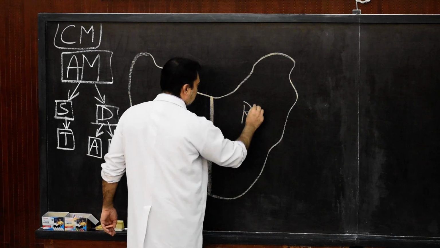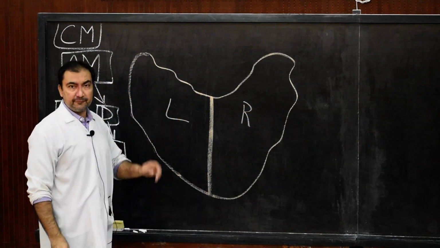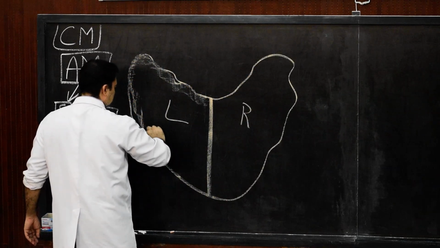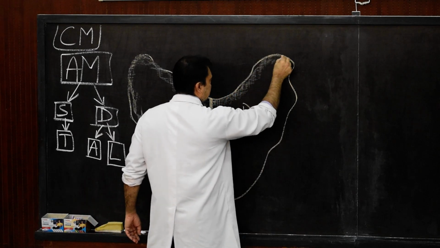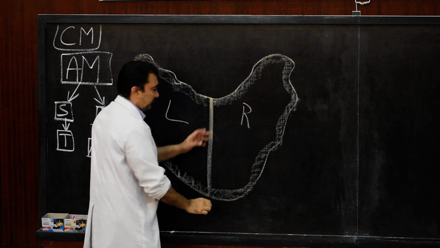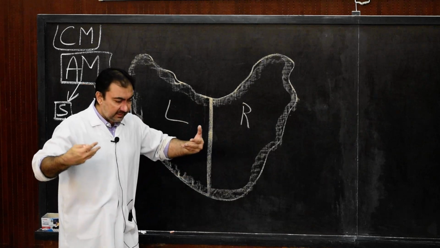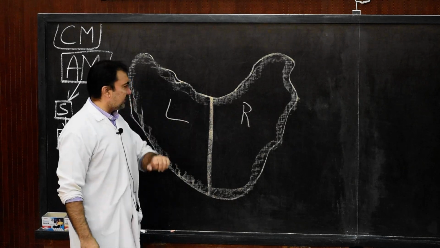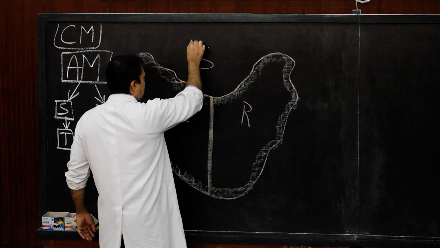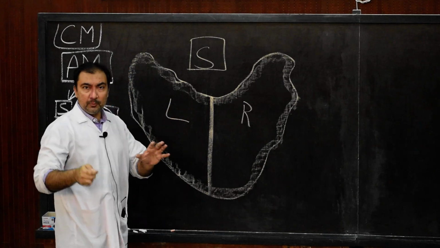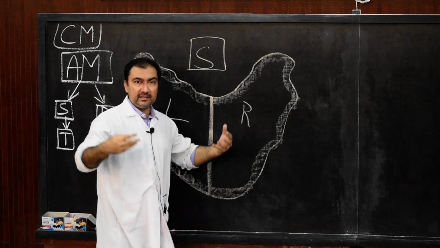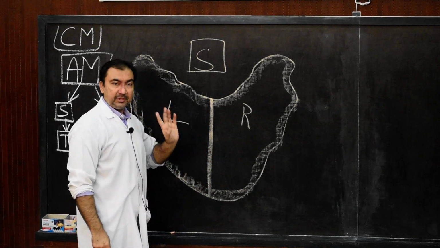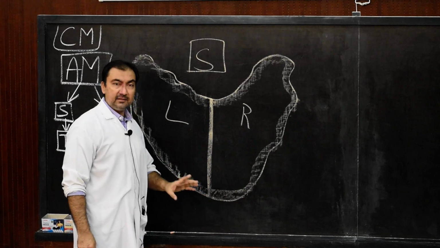Supposing this is the right atrium, this is the left atrium. Within these walls the muscles are arranged. They are common and they are arranged transversely. So in this line diagram, the superficial atrial muscles are common in both the walls of the atria and arranged transversely, and they will pass into the interatrial septum.